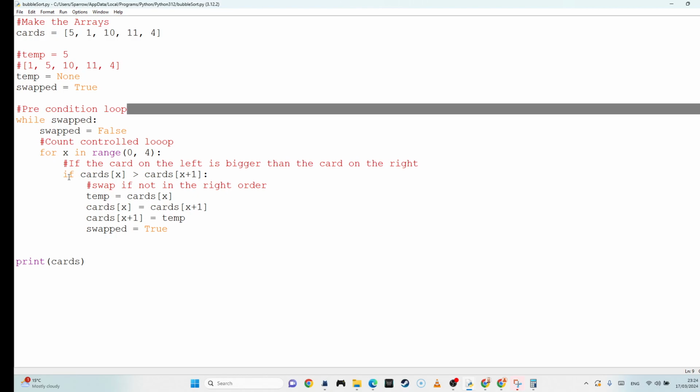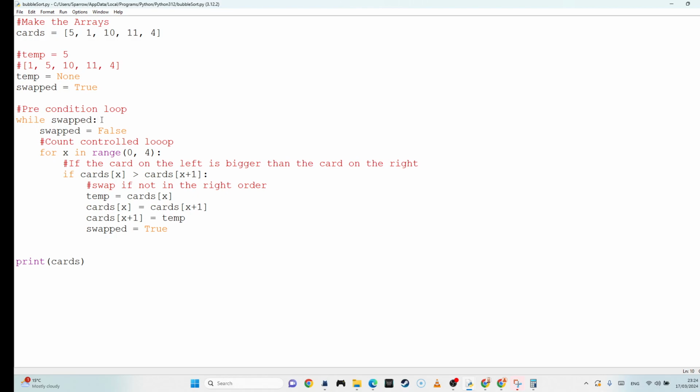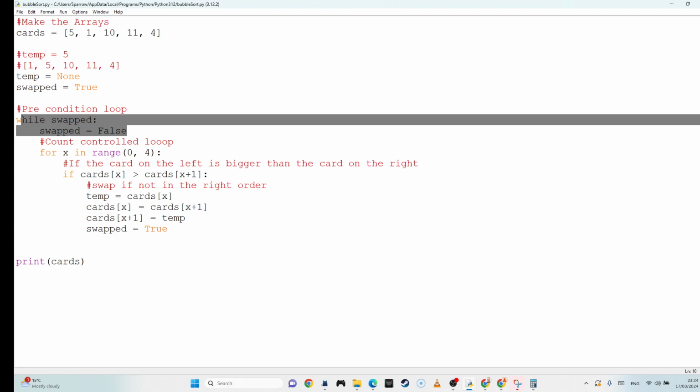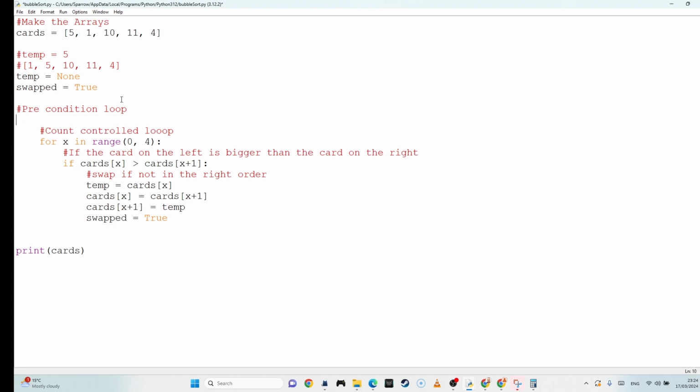Now, that's maybe even simpler to understand, which is quite good. But the problem is it means it's always going to run roughly the same amount of times, even if the array is already sorted. So let's think about that. So for this one, I'm going to get rid of all this while and swapped here. And I'm going to change it to a